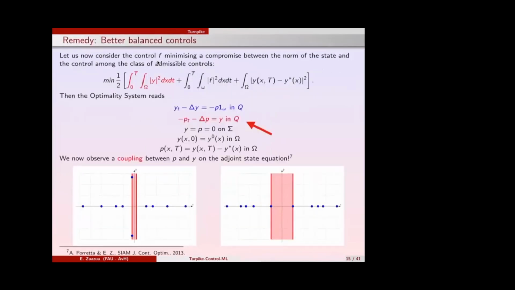Very good. Okay. So this is something we analyzed with Alessio Porretta in a paper published in the SIAM Journal on Control 8 years back, right? We said, how can it be that the Turnpike principle, being apparently completely generic, right? We don't see it in the heat equation. By the way, I mentioned one application of the Turnpike principle is the sonic boom minimization problem, because the time horizon is very long, right?